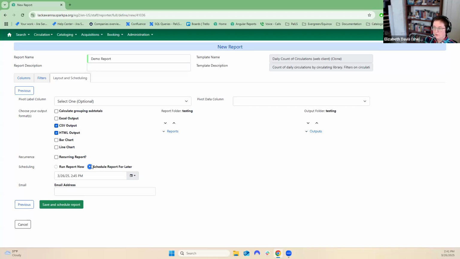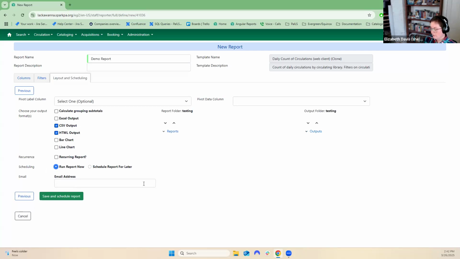So if you were setting it up to recur, if you wanted it every day, you could just set it today at whatever time you want it to run. It'll run today, and then it'll run tomorrow at the same time, and then the next day at the same time. So be mindful when you're scheduling so that you're not running the same report over and over and over again if it's not the one you want. So a good recommendation is run the report once, make sure it has everything you need in it and that you're looking for. And then if you want to schedule it, do so after you've confirmed all of the